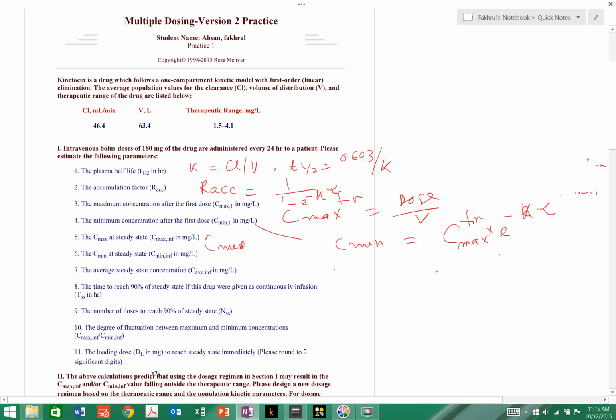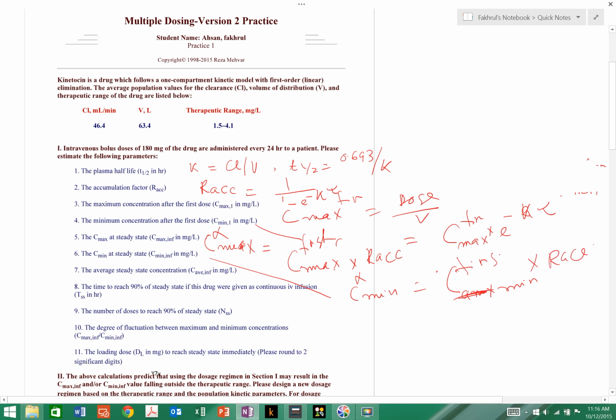Cmax infinity is equal to Cmax first times RSCC, and to calculate Cmin infinity, you calculate Cmin first, Cmin first multiplied by RSCC,